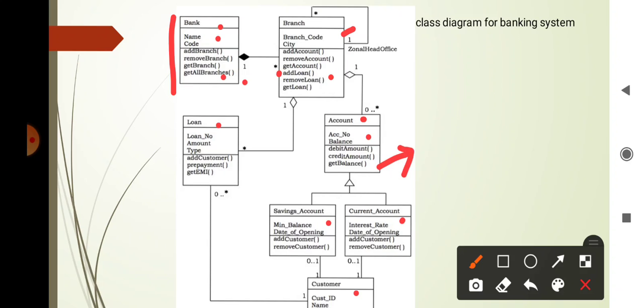Then account to the branch has a many to one relationship. Then it generalizes savings account and current account, because these are types of account, savings account and current account, so we can use the generalization symbol. Then it has the customer, here the